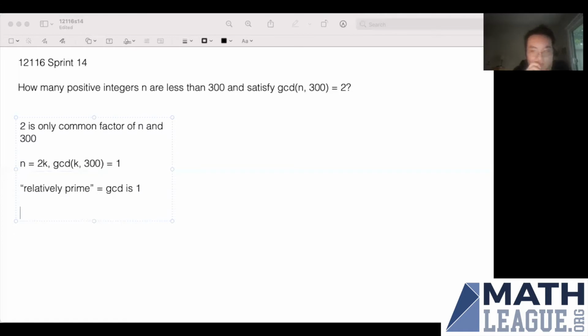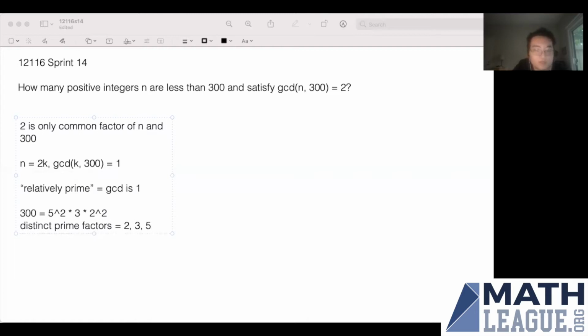Right. So what are the distinct prime factors of 300? Well, if we prime factorize, it's a multiple of 5, so you get 60. It's a multiple of 5 again, so it's 5 squared times 12. 12 is 3 times 2 squared, right? So you have 300 equals 5 squared times 3 times 2 squared. So the distinct prime factors are 2, 3, and 5.